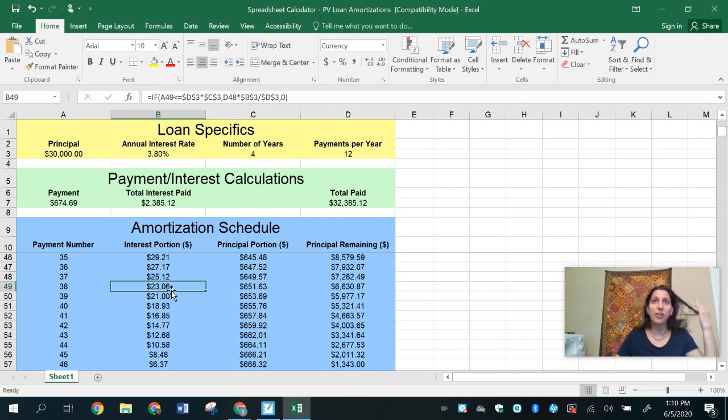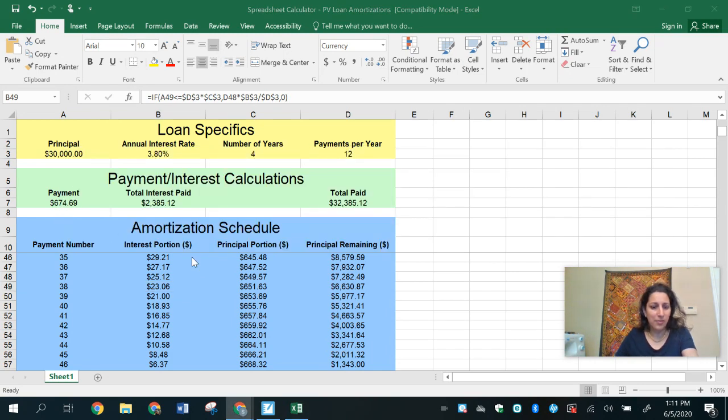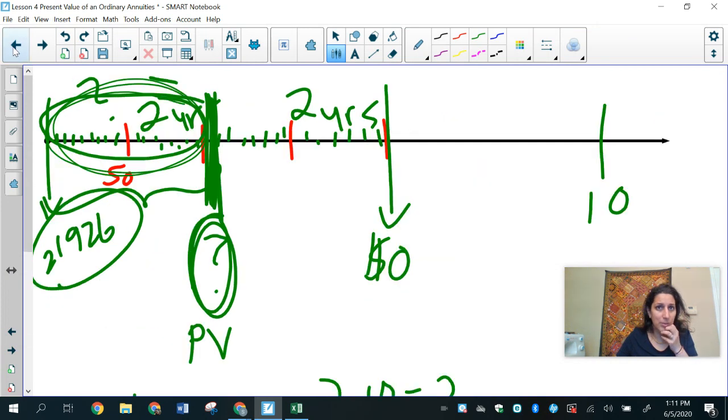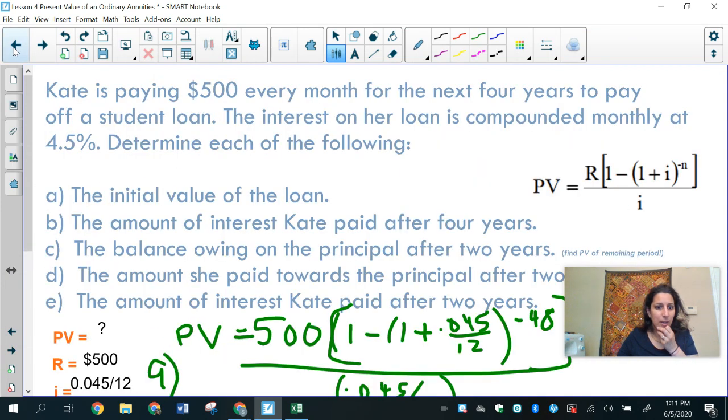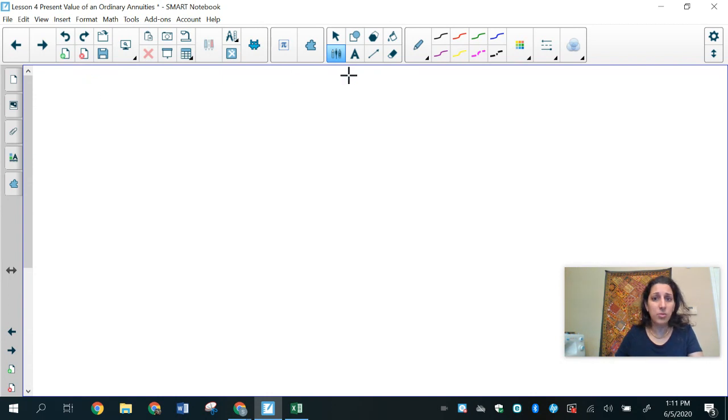I'm asking you to figure out how much of the total she paid in 2 years went towards principal and how much went towards interest. Okay, so let's do that right now. What we have to first figure out is how much did she pay in total? I think we figured that out already, right? We did 500 times 48. In total, in the 4 years, $24,000 came out of her pocket. But in 2 years,